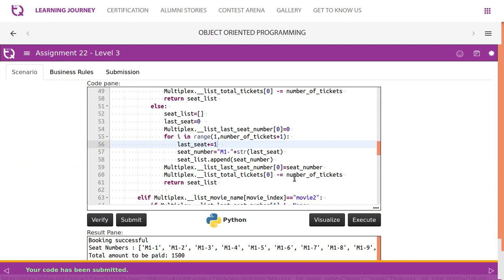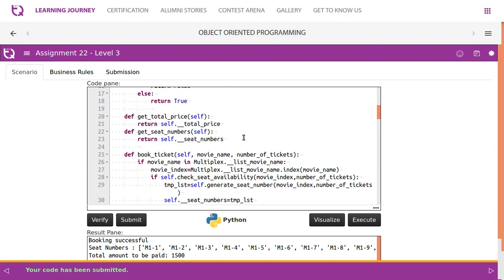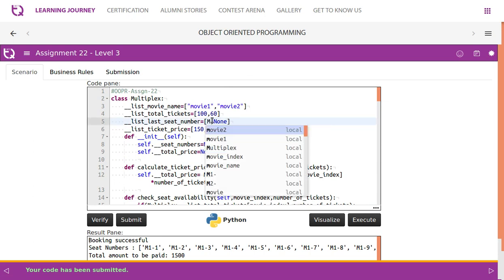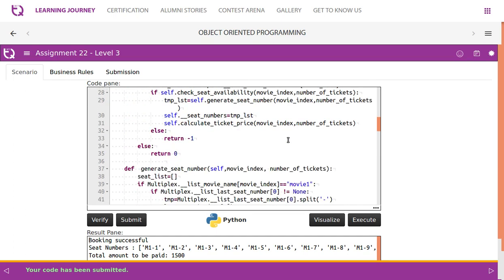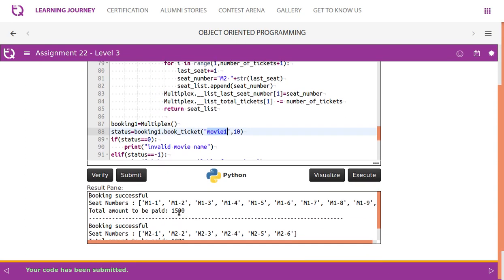In the same way, if we change this value, let's say to M15, and you would like to book 10 tickets for movie 1, it shows M11, M12 like this.